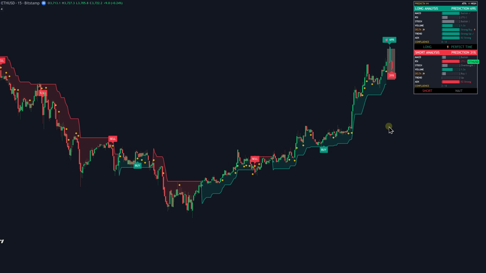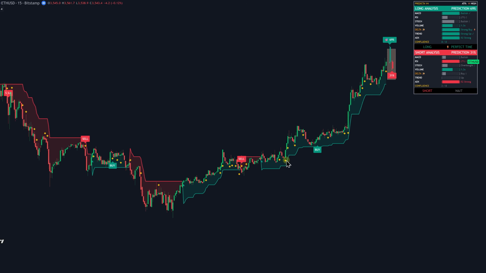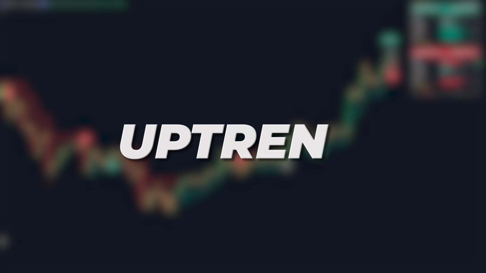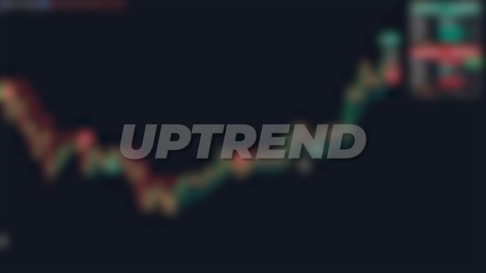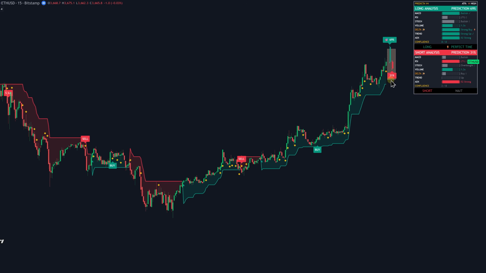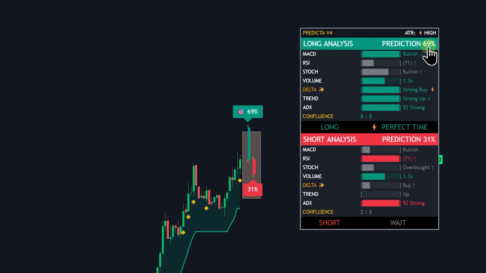Now, here are the conditions for a bullish yellow diamond marker to be printed. First, the Supertrend must be in an uptrend. Second, the prediction percentage must be greater than or equal to the dynamic threshold, which usually ranges between 55% to 70%, depending on market volatility. Next, the confluence score must be at least 5 out of 8, and then volume must be at least 0.8 times the average volume, and then the RSI must be above 50, and lastly, the volume delta must also be